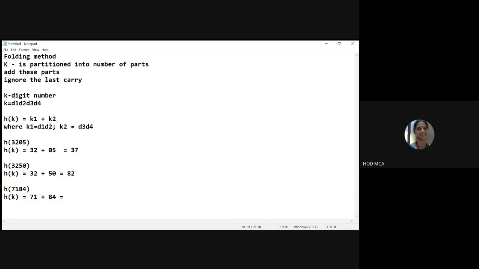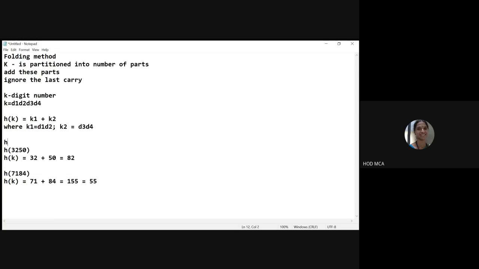Now when I add 71 and 84, I get 155, and I have to ignore the last carry. We add the parts and ignore the last carry, correct? So when I get 155, this one is the last carry, which I have to ignore. So my hash key will actually become 55 and not 155. All right, hope I am clear. Next, let us take one more example.